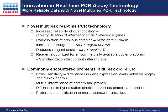And another reason for problems in multiplex real-time PCR is the well-known fact that more abundant transcripts become preferentially amplified during the amplification reaction and therefore do not yield reliable gene expression results. We have introduced two new technologies to overcome these problems, and I would like to briefly introduce them on the